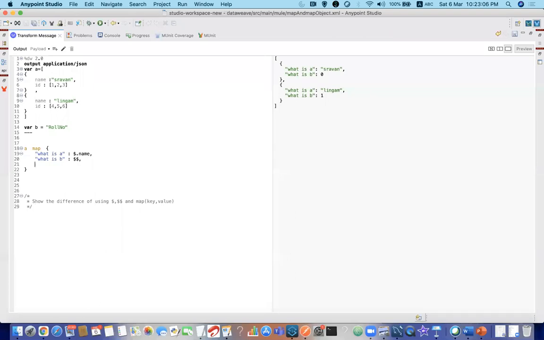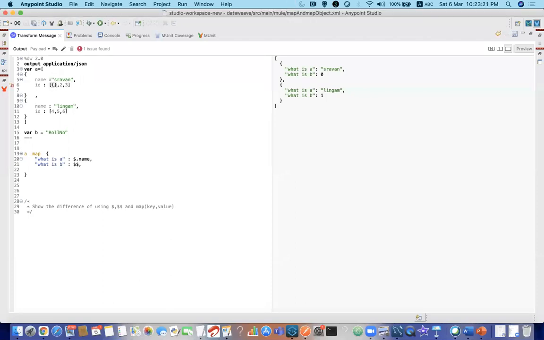So if you want to have a scenario where I want to, let me create a scenario for this. Let me just, if you are having any data, something like this.